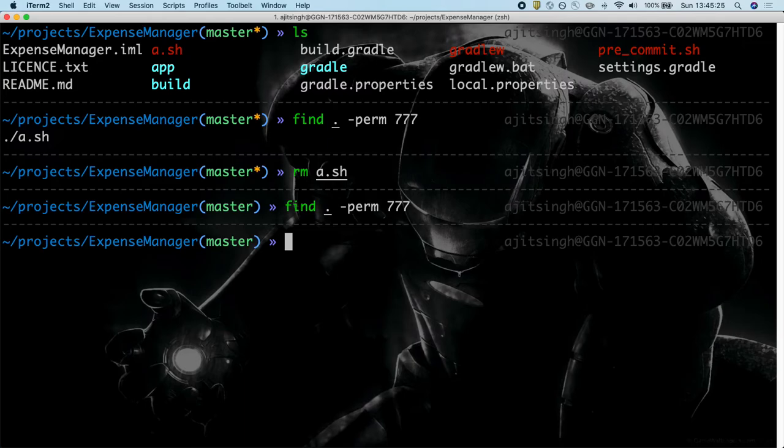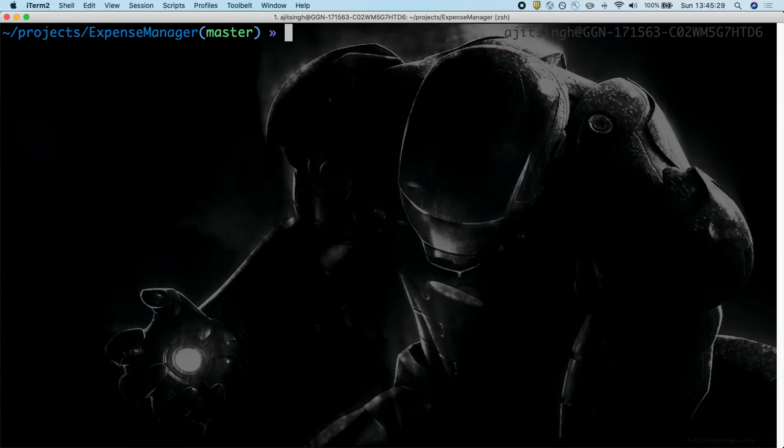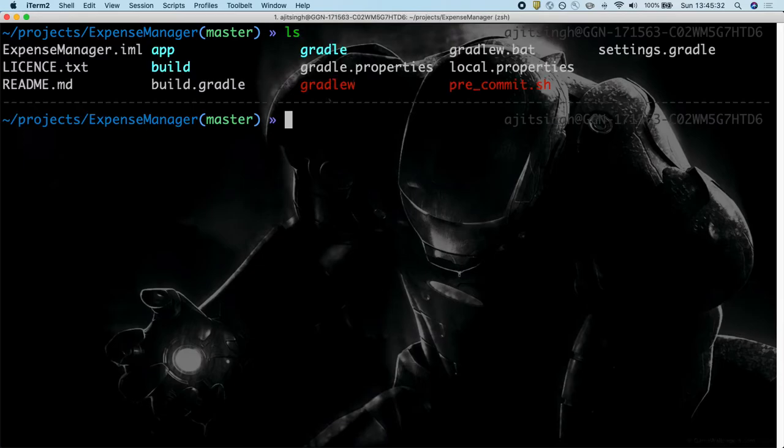Now there is another parameter that we can use with the find command. For example, we have a lot of subdirectories in this particular project. We have app, Gradle, build, and I want to restrict the search to only one depth. In that case, I can use the depth parameter.